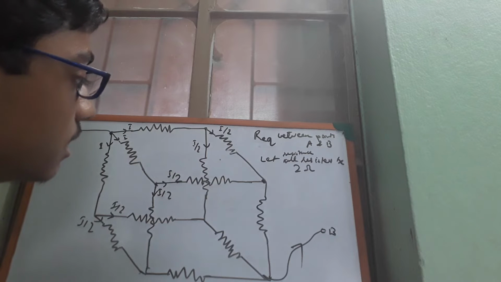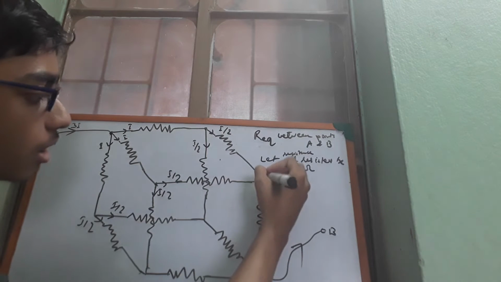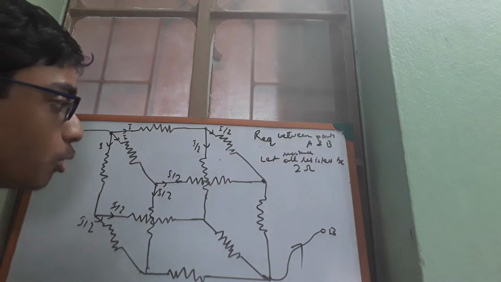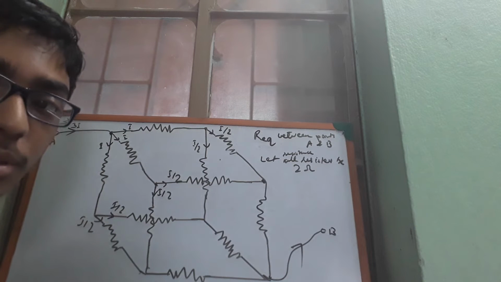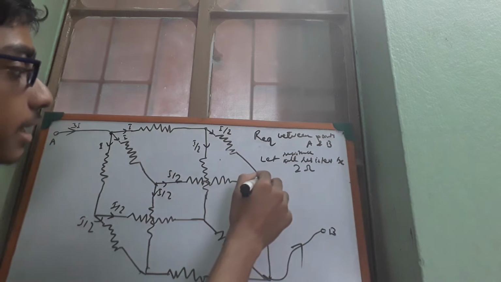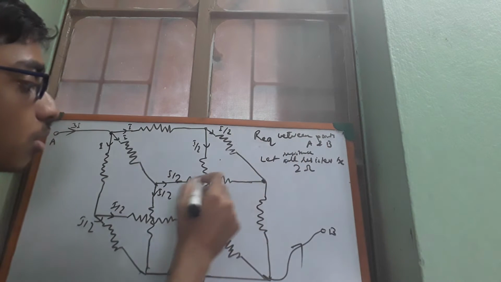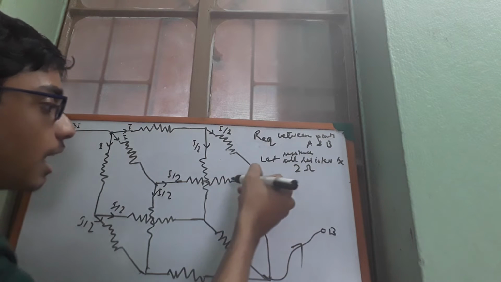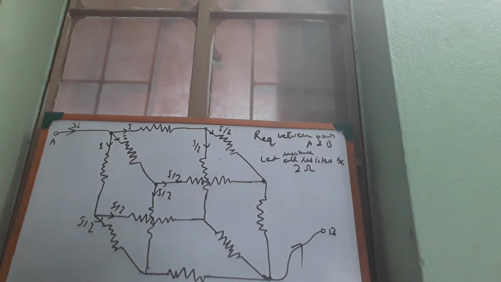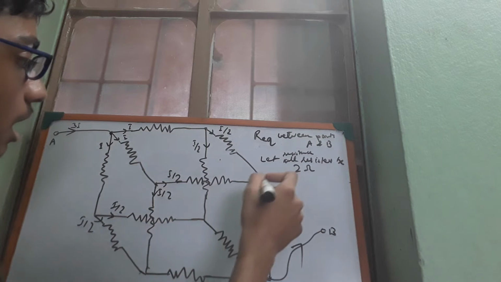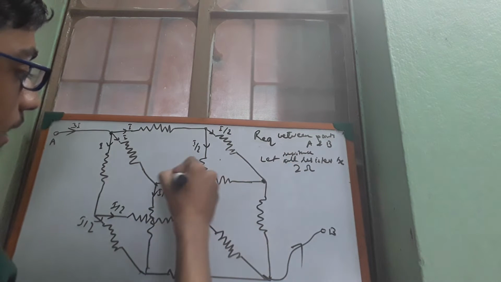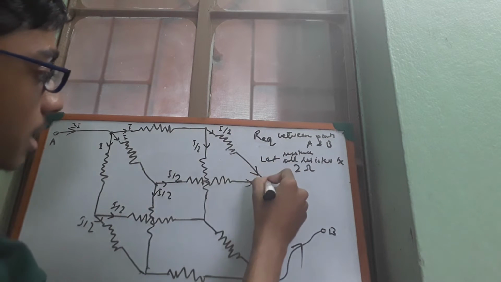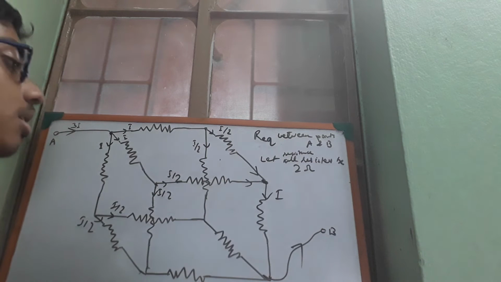Isn't it? So this will again break itself into two parts, I by 4 and I by 4. Can you understand or not? At this point this I by 2 current will have two paths to go, but at this point we already have an I by 2 current, and from here we are having, I think, I by 4, right? So in this case you see what will happen. In this case, this I by 2 current and this I by 2 current from here will actually merge to form I. Okay, this is the thing.